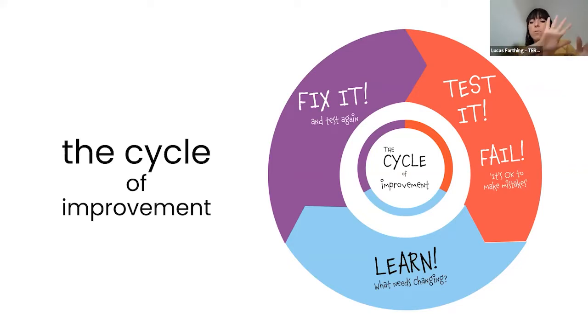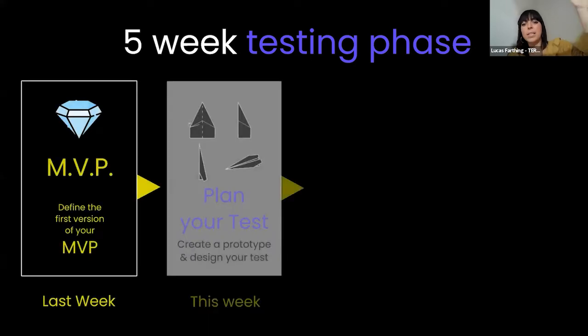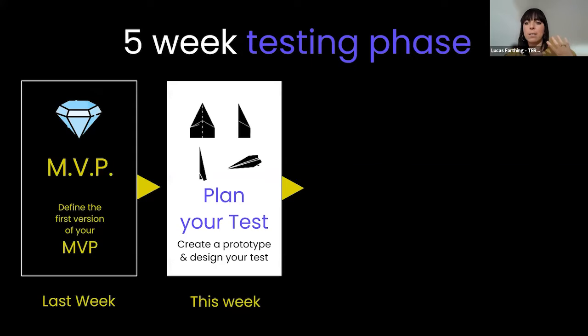Over the next few weeks, we're going to focus on this full circle, okay? So if you don't go through the full circle, then you have not completed the job. If you just test, but then you do not improve, then you haven't really gone through the cycle. It's going to be a 5-week cycle phase. Okay, so last week we determined our MVP. Today we are going to do a lot of planning of our test and creating the prototype. So it's about now planning and preparing your prototype and how you will get the feedback. That's this week in the workshop, and next week test prep week.